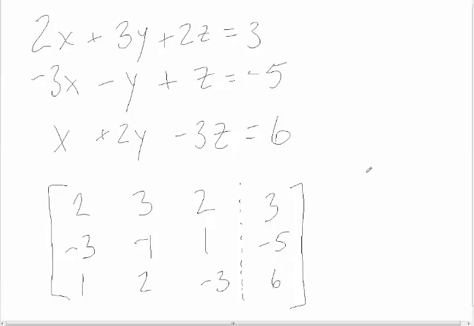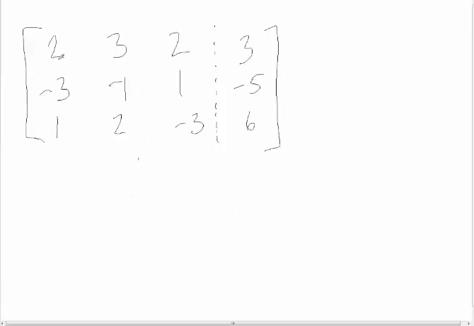And then I may say to you, okay, here's what I'd like you to do. You've got this augmented matrix. What I'd like you to do, Gauss-Jordan, I want you to take care of the first column so that we've got a 1 in the top left and then zeros below it. So what are the steps, Gauss-Jordan,